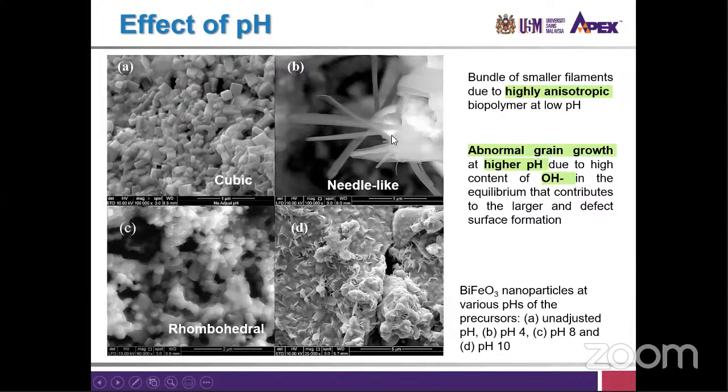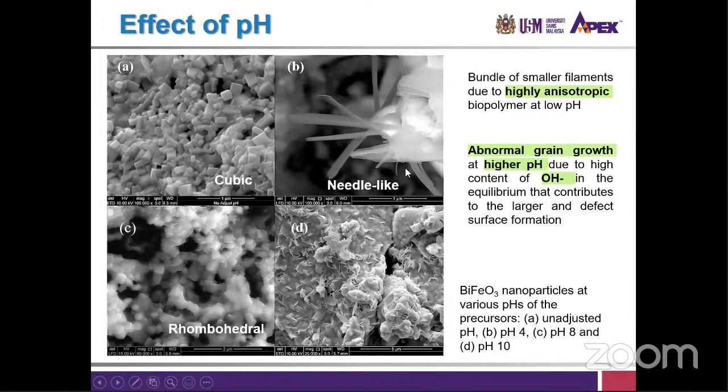This is just a matter of the nucleation starting to occur. At pH 8, the best that we can get is a rhombohedral structure here. When we go to a higher pH, to pH 10, the material's morphology is not so good and is quite irregular, with this fiber-like structure, because you can see a bundle of smaller filaments like this, due to the highly anisotropic biopolymer